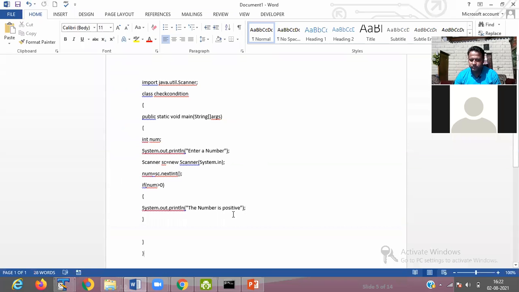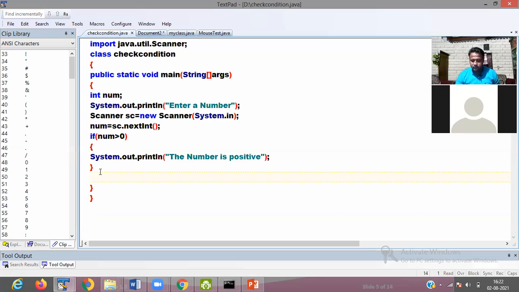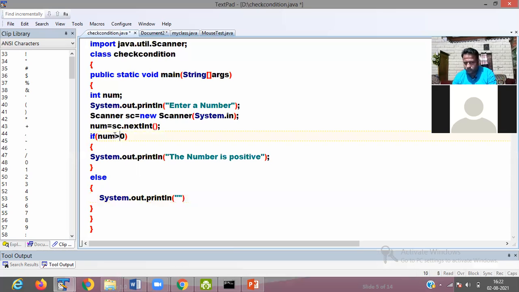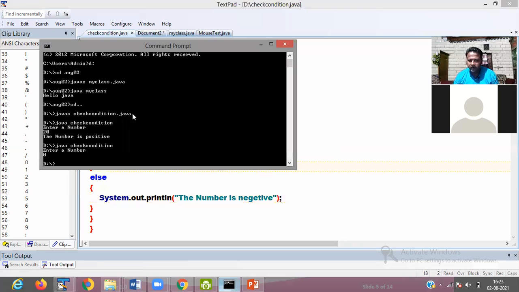So now I just change the program here. Else System.out.println the number is negative. Okay, so now I run the program.